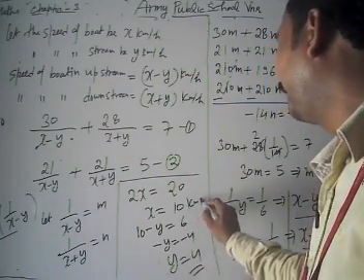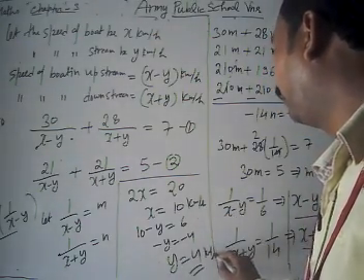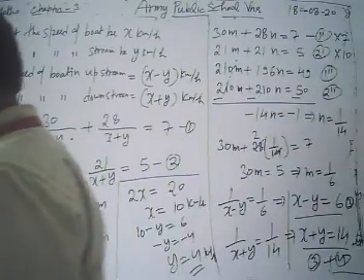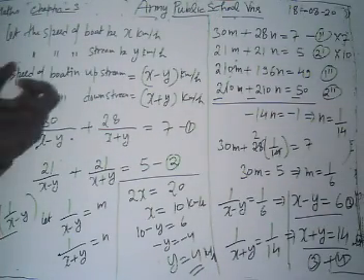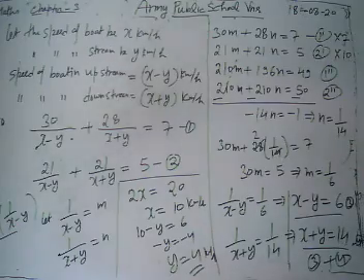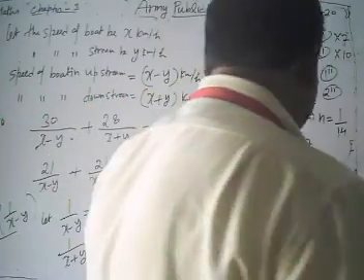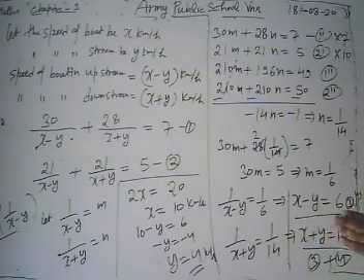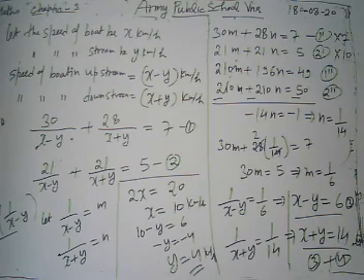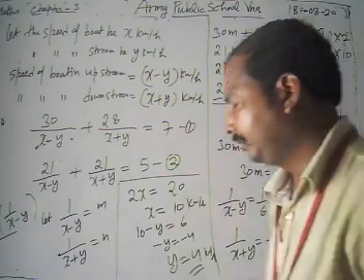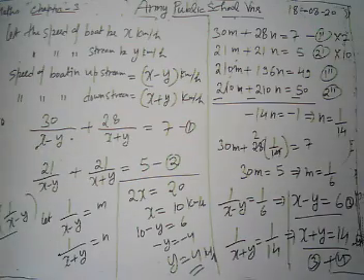This is 10 km per hour and 4 km per hour. Look, now we get the values of the speed of the boat and the speed of the stream. The speed of the boat is given by x equal to 10 km per hour and the speed of the stream is given by y equal to 4 km per hour. So we get the speed of the boat as well as the speed of the stream as 10 km per hour and 4 km per hour.